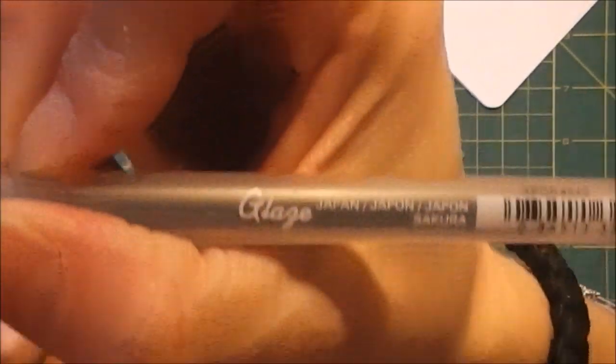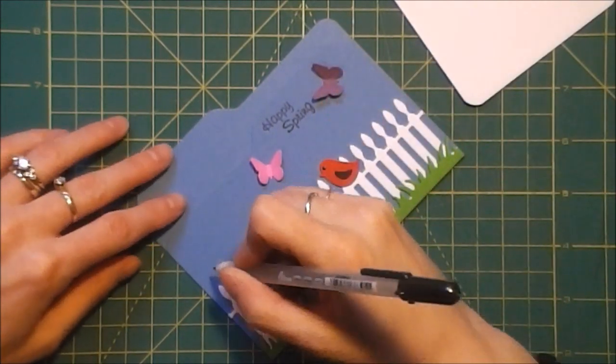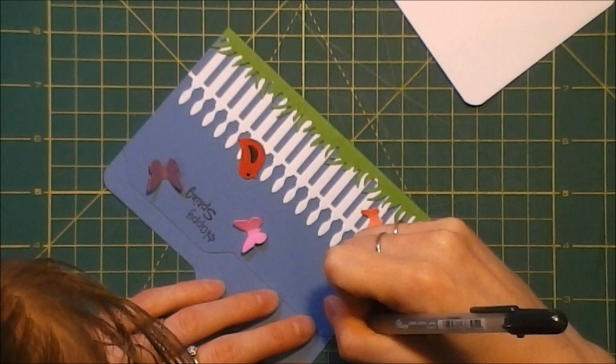So this is a glaze pen. And I'm going to use it to leave some little trails for the butterflies. And my head might get in the way. I have a habit